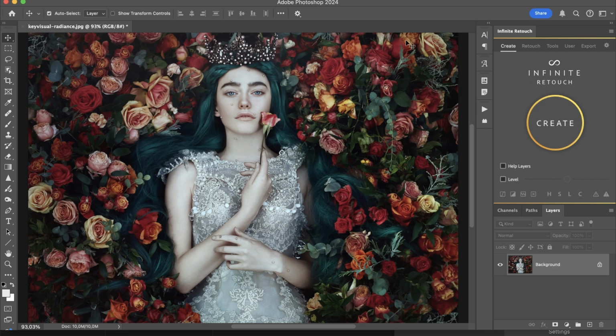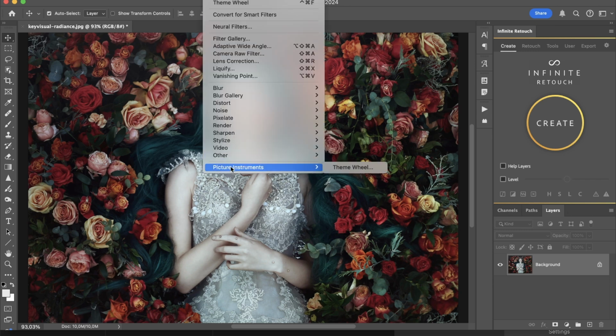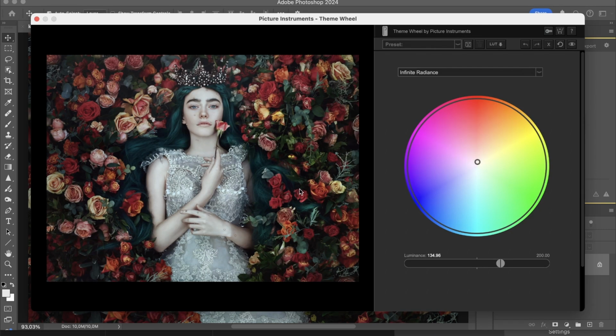In order to open Infinite Radiance, you find it under Filter, Picture Instruments, Theme Wheel. The theme wheel is basically the framework that this filter is built on. You've got a preview here of your Photoshop document, and you've got this color wheel as we had in the Infinite Radiance before. What Infinite Radiance actually does is it creates a balance between colors, and it does this in a